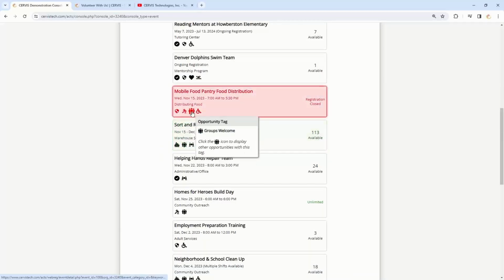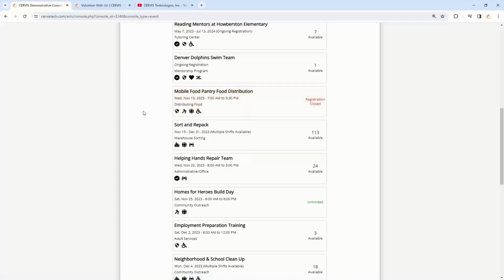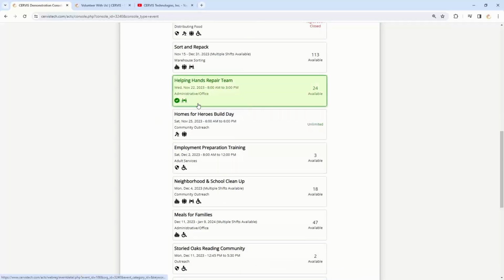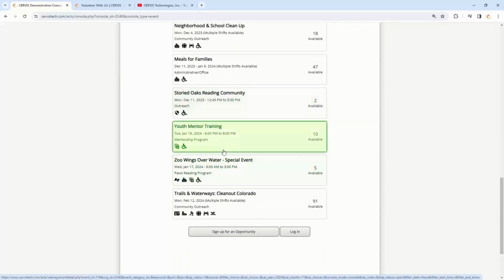Pretty common ones here too, like groups are welcome or available for corporate partners. You can also see there's a court-ordered icon. If this is an event that would accept court-ordered volunteers, you can visually indicate that with a sticker. So again, we have quite a few examples laid out here, and these really can be used to represent whatever